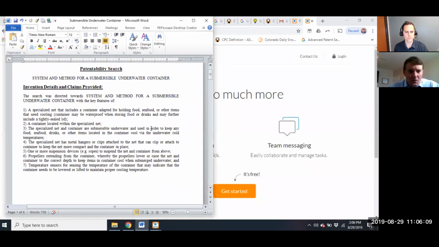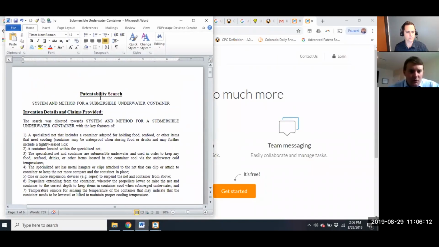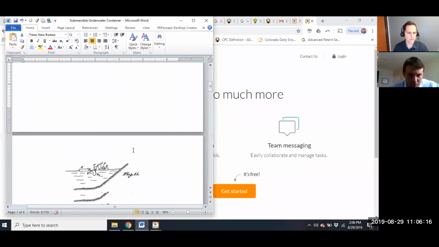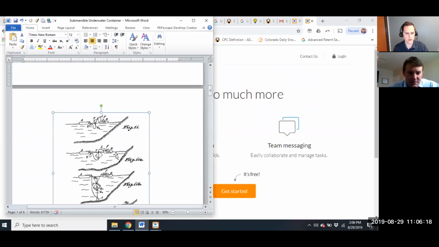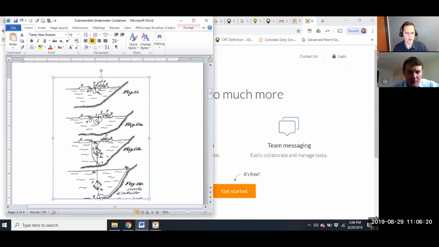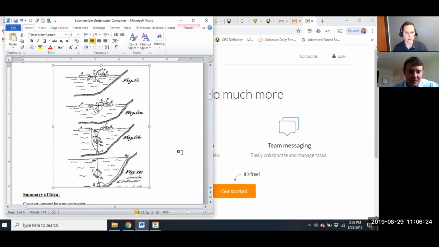I started with the example you were working with, this submersible underwater container. This was from the top reference you had, but just in terms of visualizing what I was thinking the invention was,